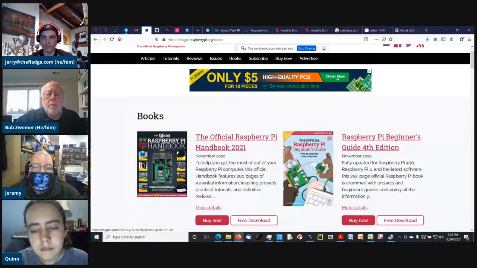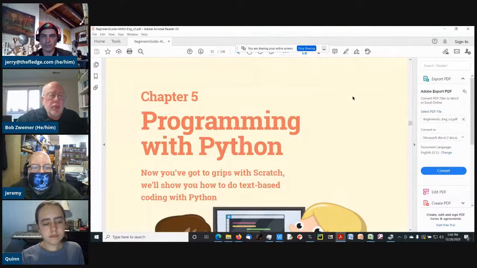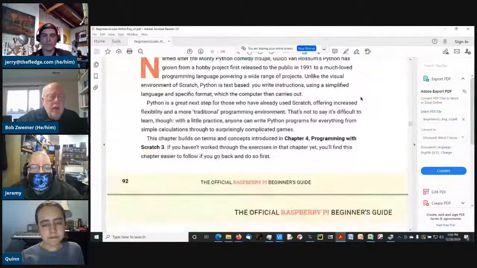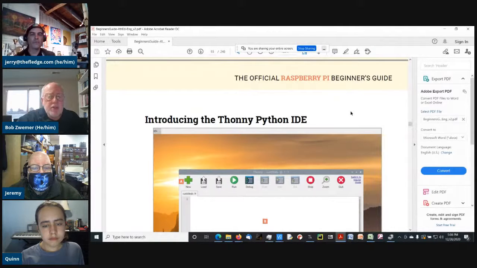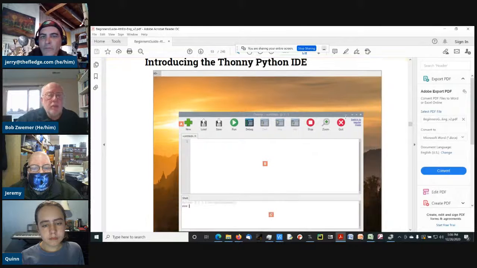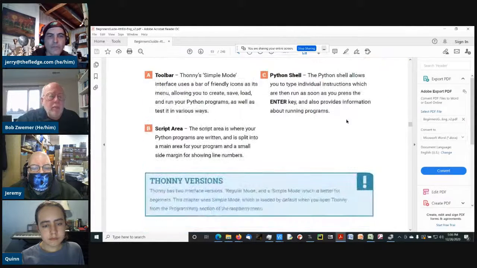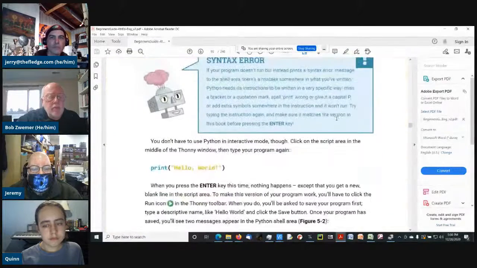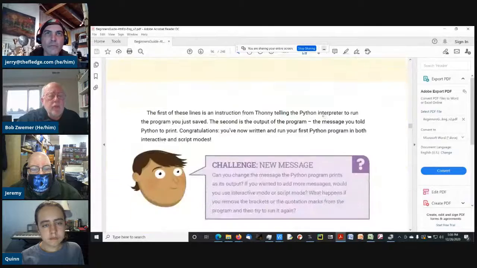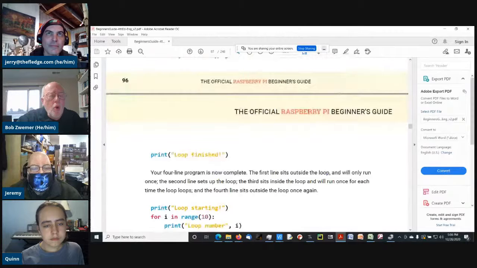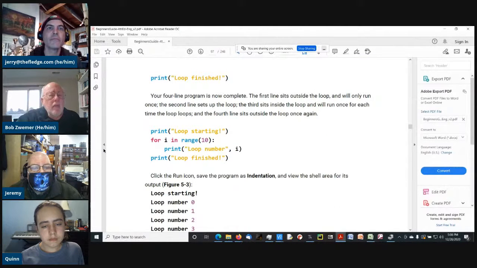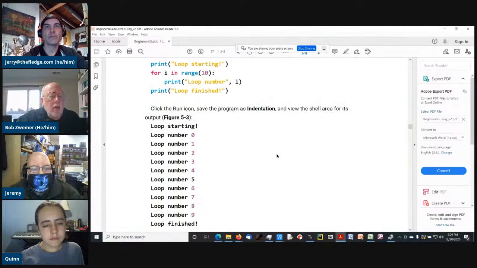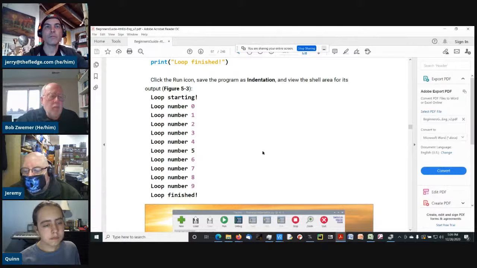It's 252 pages long, but it has a really nice chapter that sort of lays it out, tells you about Python and what it is, and tells you a little bit about the IDE that they are using in this example, which is Thonny, or I think that's how you pronounce it. It runs on a Raspberry Pi, but I'm actually running it on this laptop as well. And they've got an example here that I actually highlighted, and I'm too lazy to key it in myself. But anyway, I just wanted to show this little example right here where they put you in a for loop, and then print out the actual index of that loop, and print the stuff out. So I'm going to go over here to Thonny,